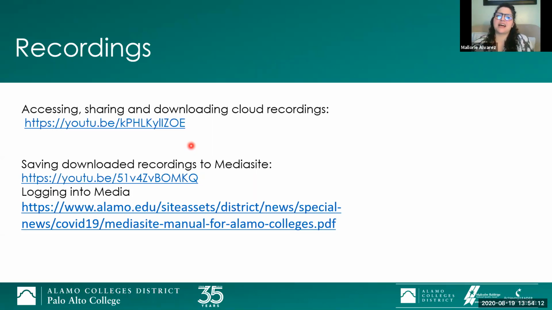If you do get that sign, then I would definitely go in and try to delete some of those items, or just simply switch the recording to be saved to your computer, and therefore you don't have to worry about the Zoom session not being recorded. But I'm going to play for you the first recording, and this recording breaks down how you can access your recordings, sharing your recordings to the cloud, from the cloud, and downloading your recordings from the cloud. Because as it was stated, we're very limited on cloud space. So that's what this first recording is going to cover. So click on this.